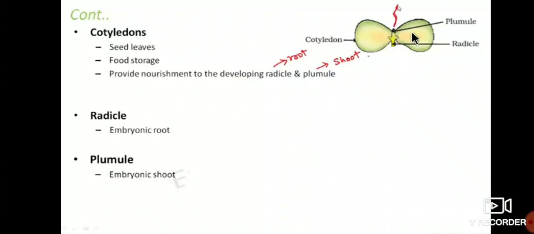embryonic root. You will study this clearly and in detail in the next, I think 8th standard or 9th standard. Complete discussion will be there, but this is the additional concept for you. Plumule means embryonic shoot. This is called plumule. This is called radicle. This is called cotyledon. Radicle means root, that means roots. Plumule means shoot, the upper part that grows.